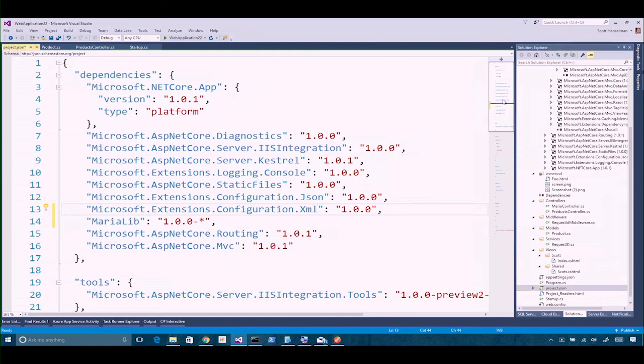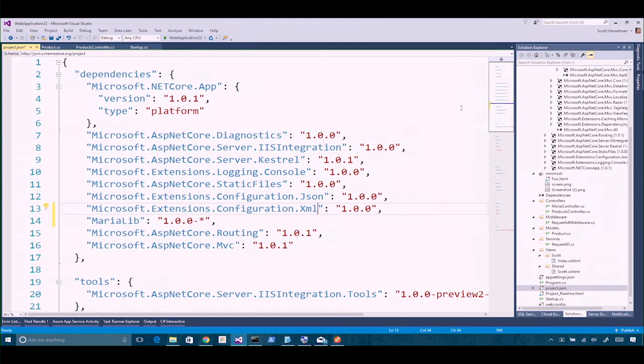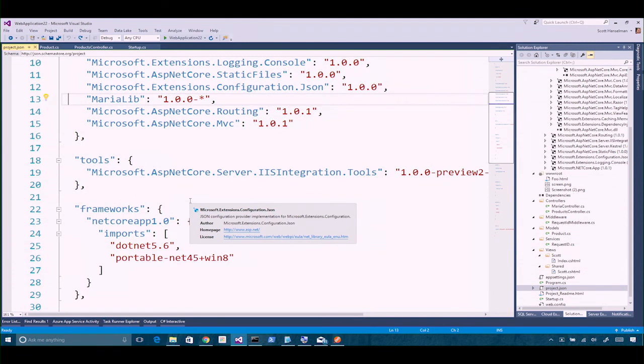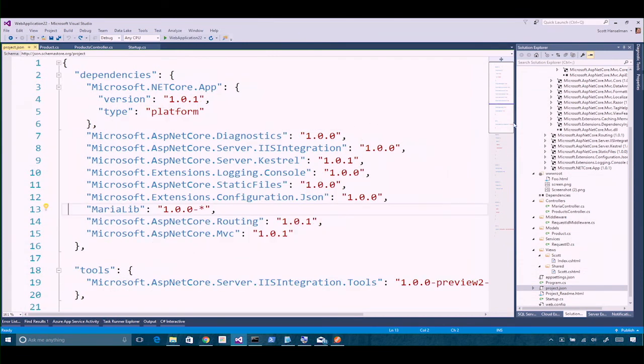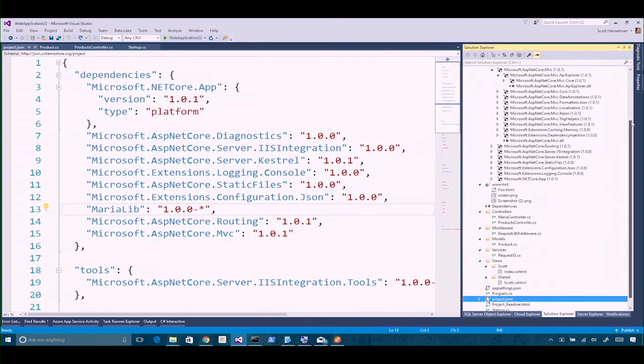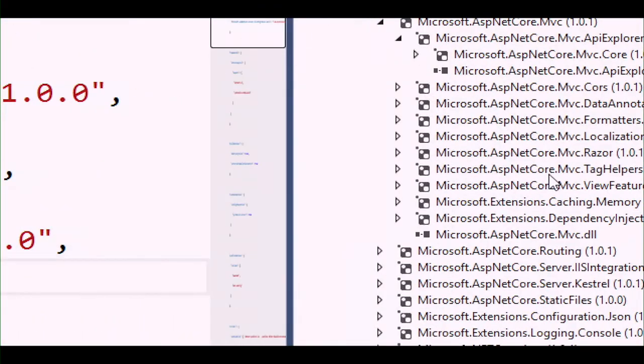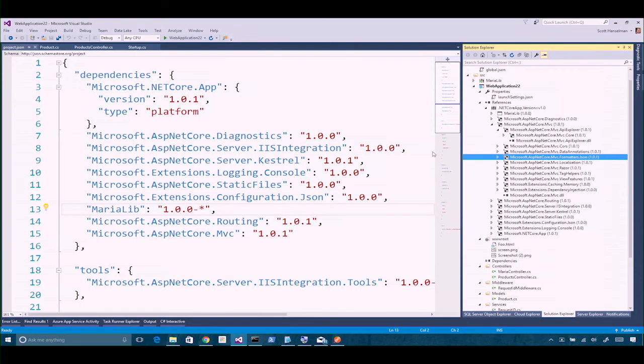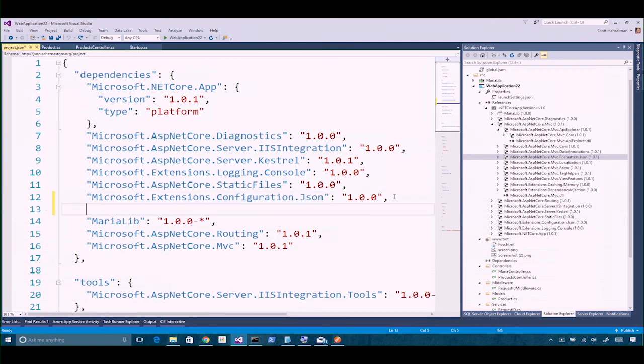No. You're adding Microsoft Extensions configuration. You actually, I think, want to look at that. Good call. MVC formatters. And that is not included. Oh, that's a great point. Look at you pointing out a great example. Let's go back and confirm what's going on there. You brought up a really interesting point. JSON's more common. Yep. So JSON's there by default. Okay. So what I did is I went and saw blah blah blah .json, and went and figured, yeah, sure, that's cool. I'll just copy paste that. Wasn't thinking. This is actually going to be